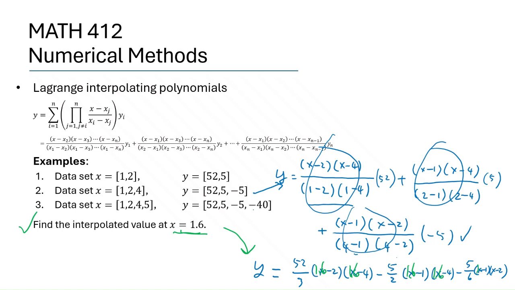Oh my, evaluate. That's a lot of work to do. So have patience using your calculator, and when you do your assignments, take an exam, you may use MATLAB,